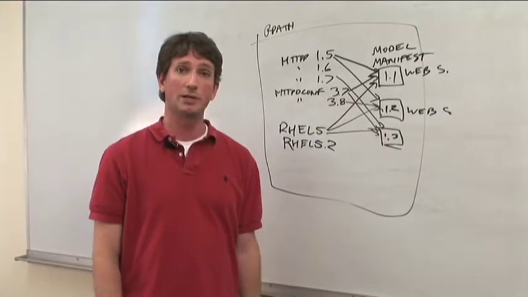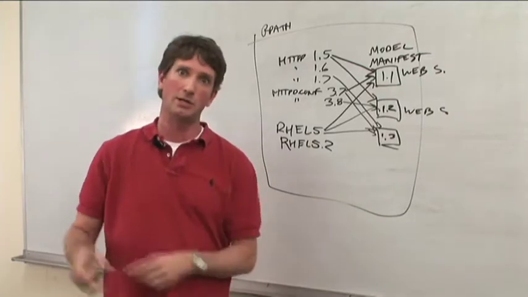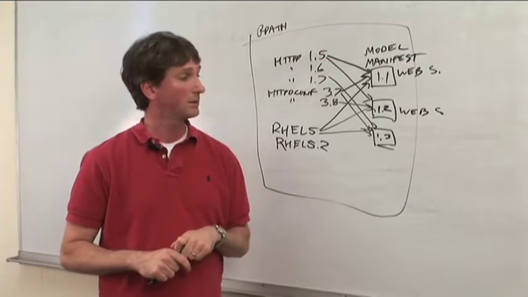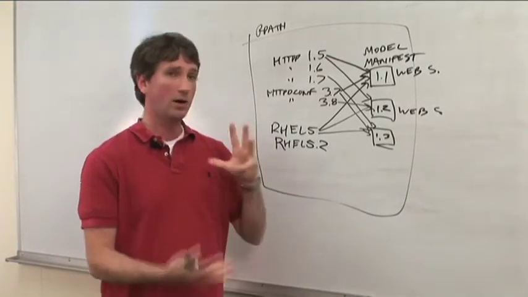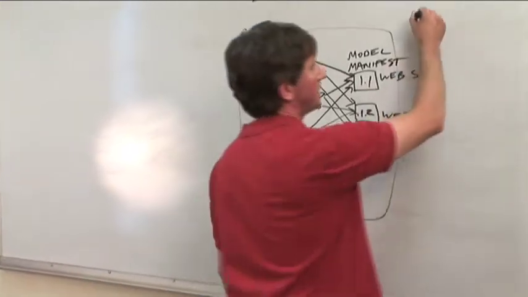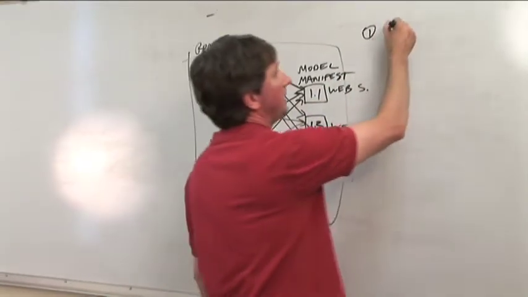Now, of course, the real question is, what can you actually do with that? You know, a model's neat, but what can I actually do with it? There's 4 really key things you can do with a manifest. And once you understand this, you'll be able to see how rPath can actually start to address these various automation problems. The first thing we use a manifest for is generating images